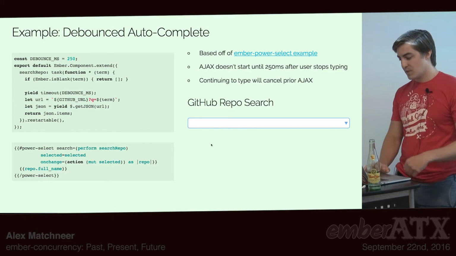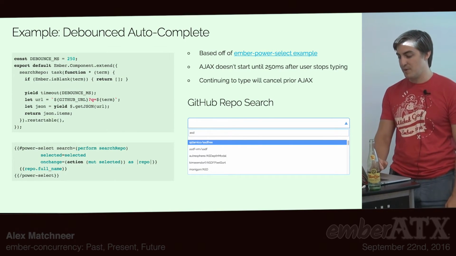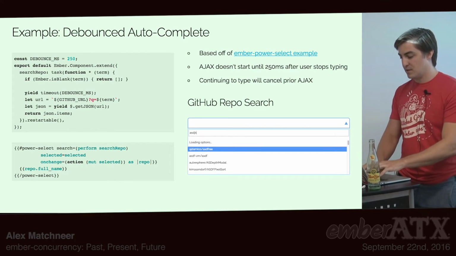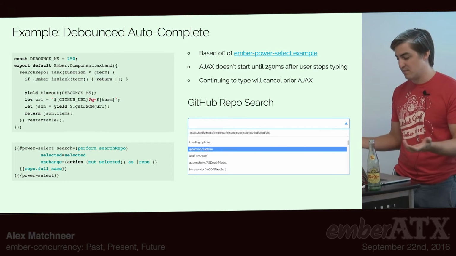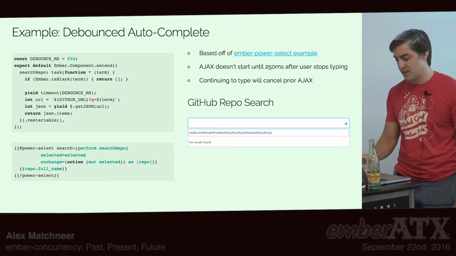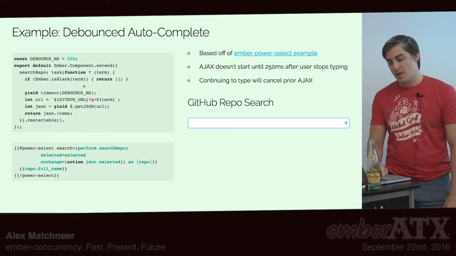So just to demonstrate that this works, if I type in ASD, it's going to actually hit the GitHub API for repositories, but if I just keep on typing and don't let enough time go by, it's not progressively hitting stuff, but when I let go, it says, no results found. So the way that you can do this is, we'll use a task, and you can say that this